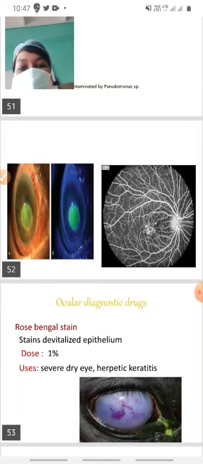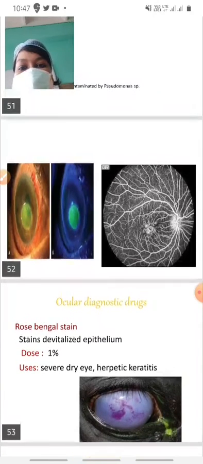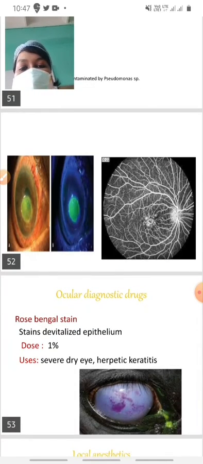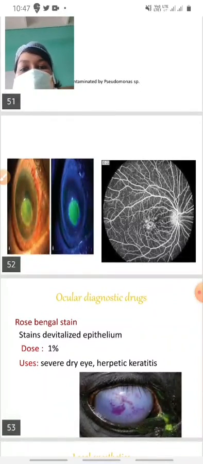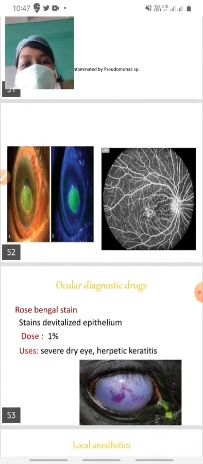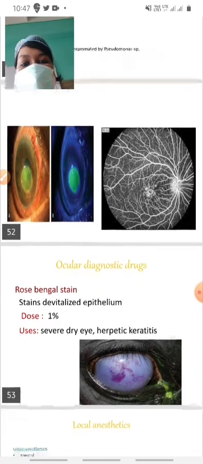So in the first picture we can see that there is a corneal ulcer, an epithelial defect that is stained green by the dye. When we see the same cornea under a blue light, we can see that the epithelial defect has turned green, and we can more easily see the epithelial defect and can assess the size and shape and the degree of healing. And the second picture is a fundus picture, meaning the fluorescein dye has been given during fluorescein angiography, and it has delineated all the retinal blood vessels.